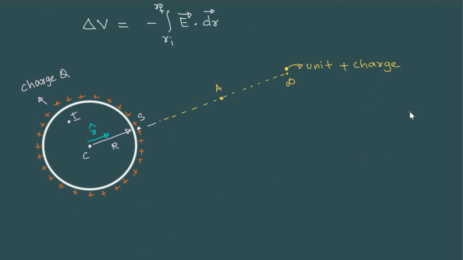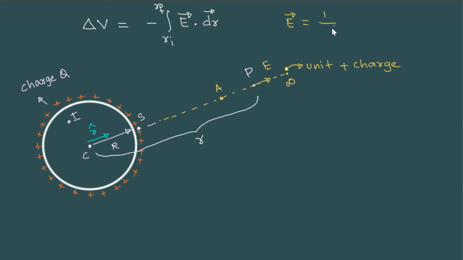Okay. So first here we're going to take the unit positive charge from infinity to this location A. So somewhere in between, let's take a point P here, and the distance of this point P, let's say it is R. Now at this location, the electric field due to the shell of charge, we can write this down. As a vector, the electric field is going to be